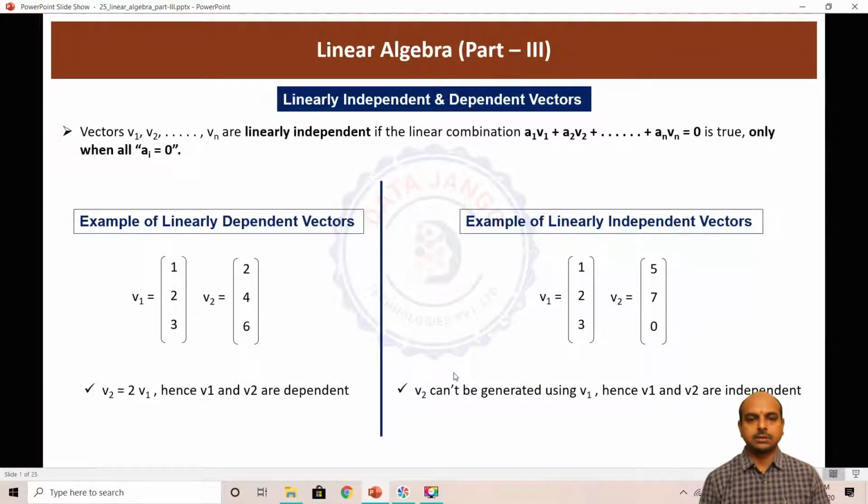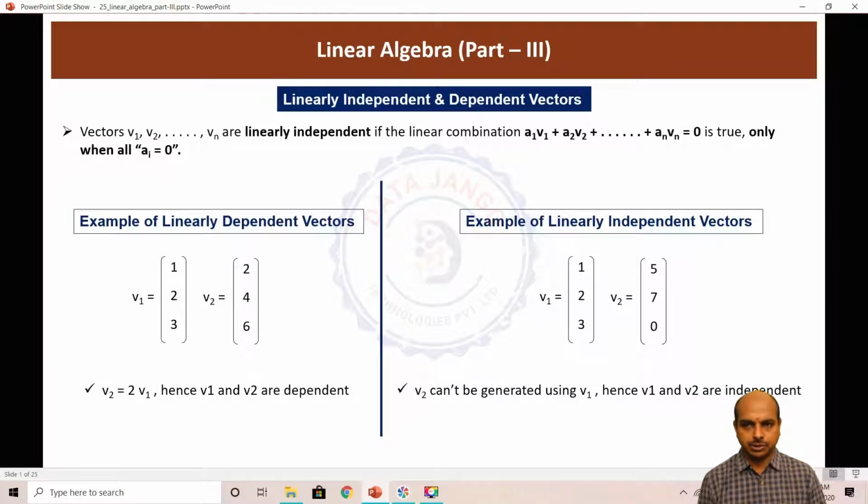Hello and welcome back. Let us try to understand some linear algebra. As part of this, we are going to explain linear dependence and linear independence of vectors, and then we are going to understand rank of a matrix, and then we are going to understand a little bit on vector algebra. And the ultimate goal of this session is to explain and make you understand what are eigenvectors, eigenvalues, and